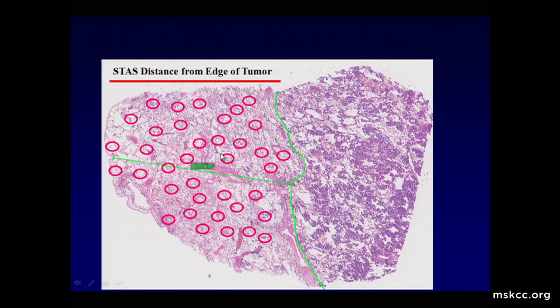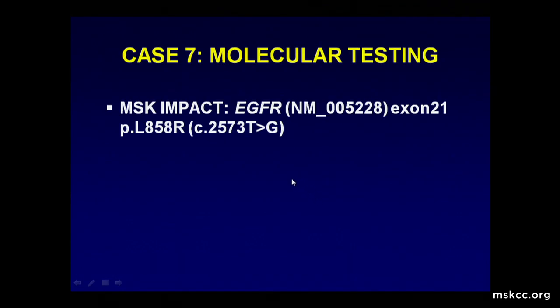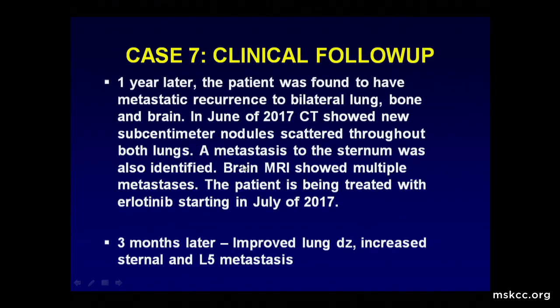And if you look at low power all the way out to the very edge of the tissue, which is about 1.4 centimeters away from the edge here, you see all of these airspace looking tumor cells. I've drawn in green here the border of this tumor. This happened to have a L858R EGFR mutation. And then 1 year later, the patient was found to have metastatic recurrence to bilateral lung, bone,